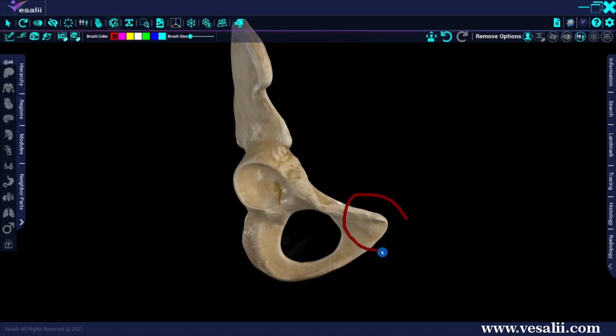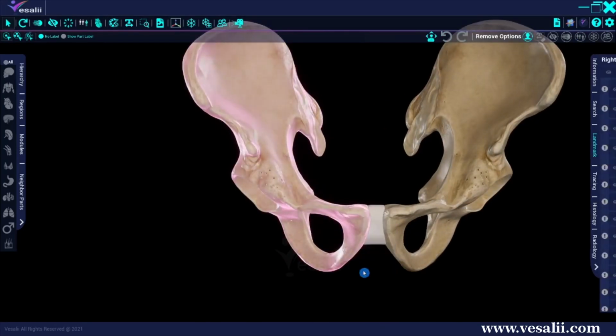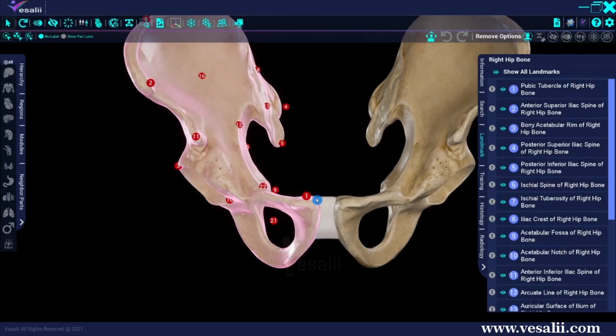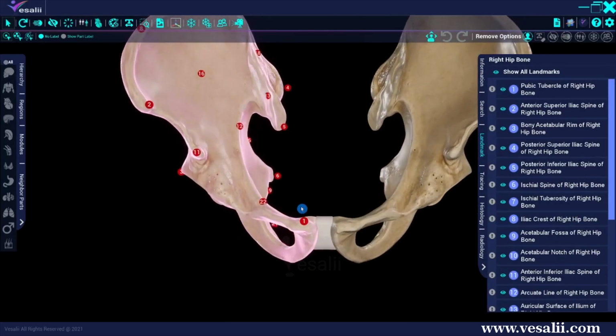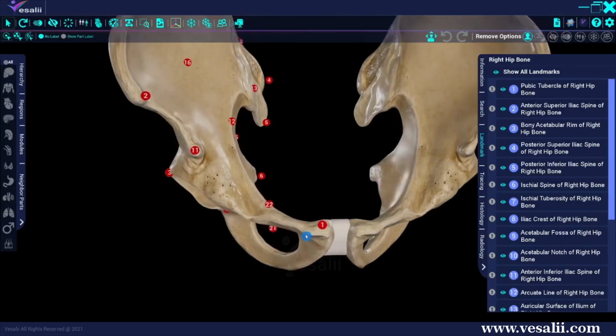the body, the superior ramus, and the inferior ramus. The body is the largest part and it forms the medial portion of the bone. It is attached to its contralateral fellow at the pubic symphysis. The pubic crest is the rounded upper border of the body that overhangs the anterior surface, and its lateral end is the rounded pubic tubercle. Both crest and tubercle can be palpated.